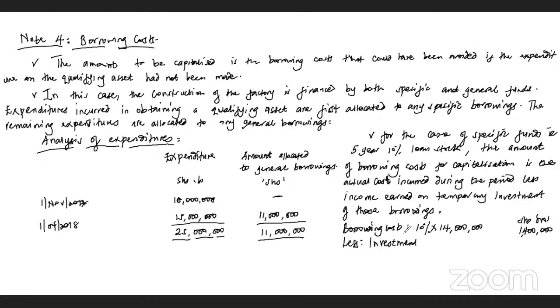When you look at the question, they are telling you that balances of the bank accounts of the company earn interest at 5% per annum. Meaning that if you have some idle funds on your bank account, they will be earning interest. Is it okay? So we say less investment income, of course, the 14 billions